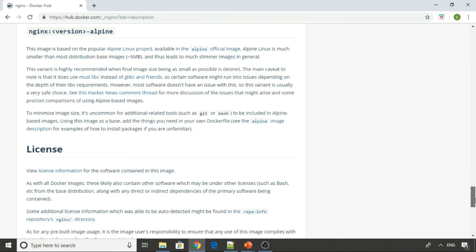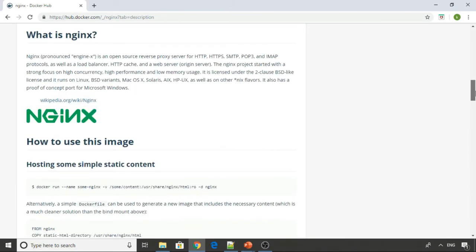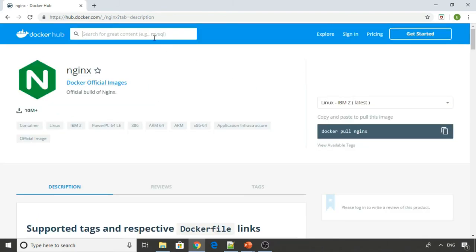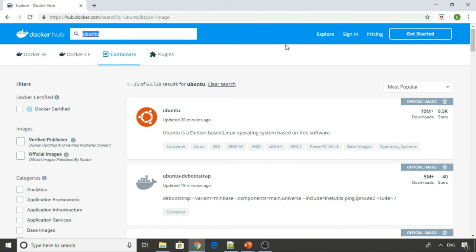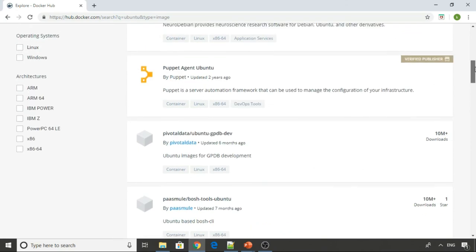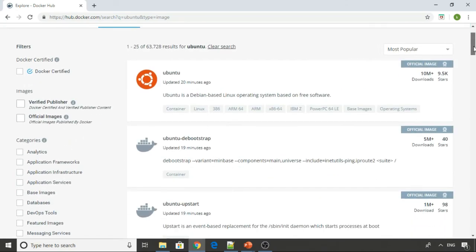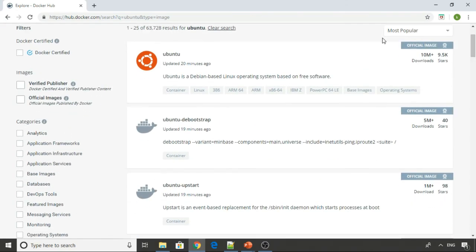So friends, if we know the image name, then we can directly search the image by its name in the search box provided here on the top, instead of clicking on the explore button. So friends, let us search for the Ubuntu image. And here now we can see the list below contains only the Ubuntu images. The top items in the list are official images of Ubuntu, which can be identified with this official image tag on the right side of the page.